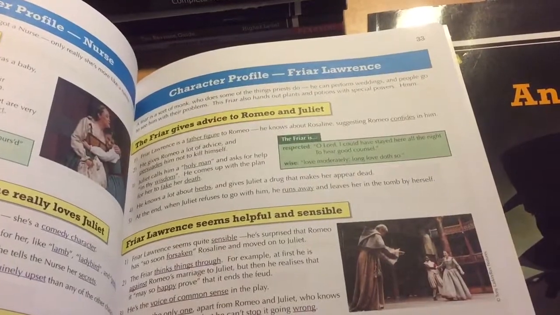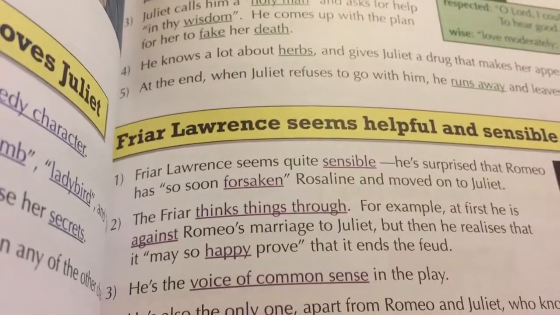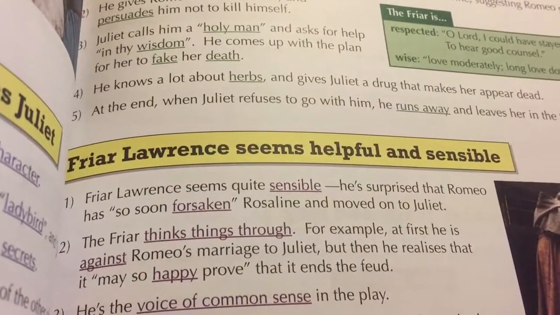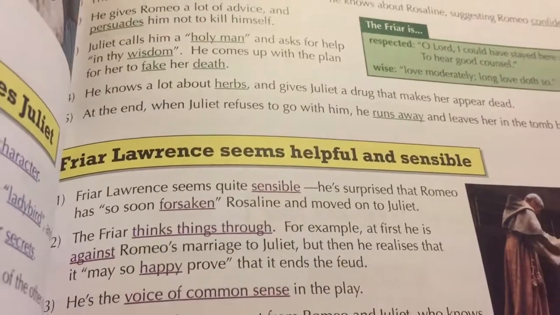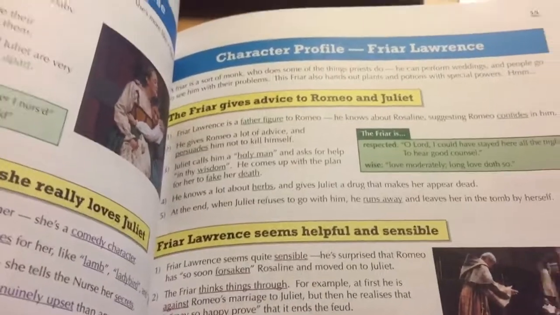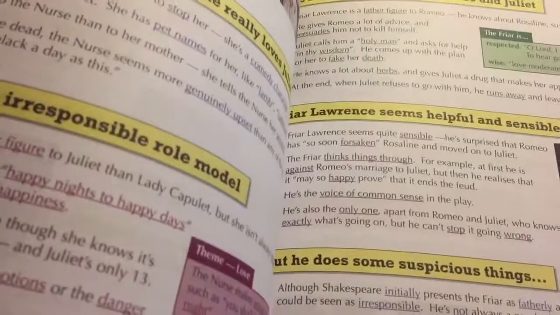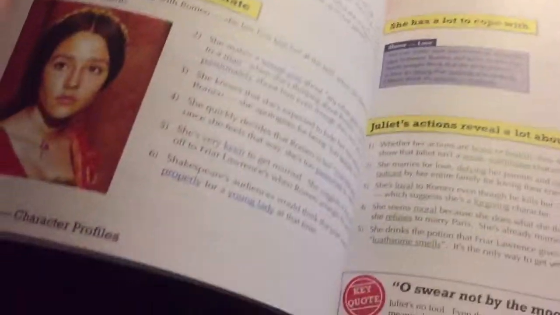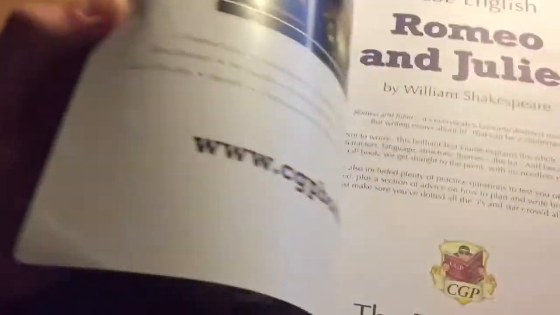So yeah, you see little quotes here, like he is quite sensible. He's surprised that Romeo has so soon forsaken Rosaline and moved on to Juliet. That's a good quote you could use. So saying he's sensible would be 1 mark, and then the quote would be another mark. Just bits of useful information like that. It's a good one to read once, go through it, make a few notes. But honestly, that book there can be replaced by